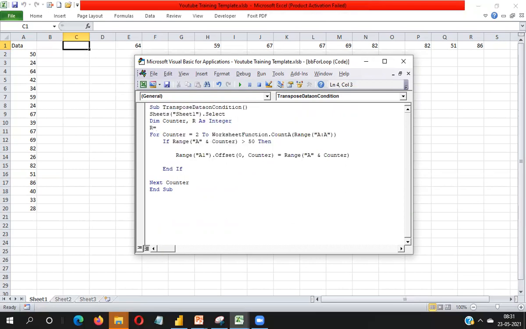You need to take 3 here. Then remove the counter and place R here. One more thing: you have to increase the R value when my value is more than 50. So I need to write R equal to R plus 1. Okay, so this is the code.